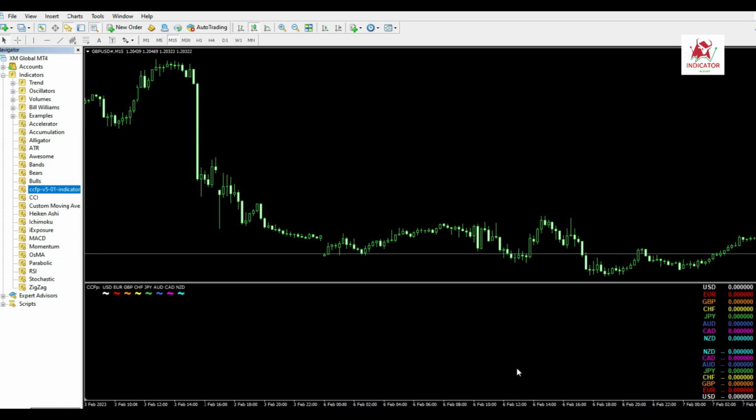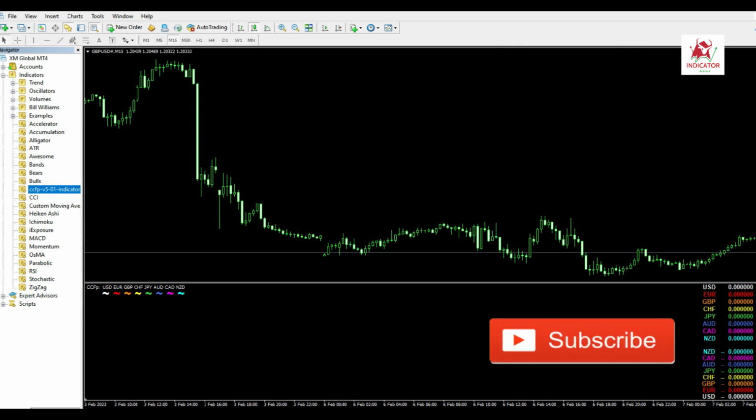As you can see, it is quite important to know about the current strength and weakness of both the currencies of the pair you want to trade, because both currencies have an influence on the movement. Large moves